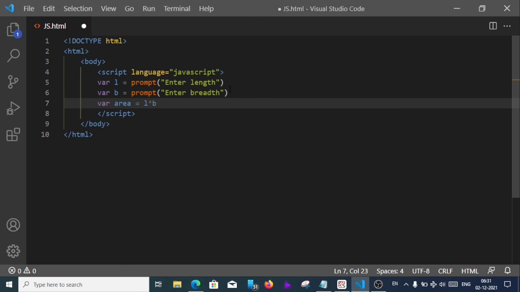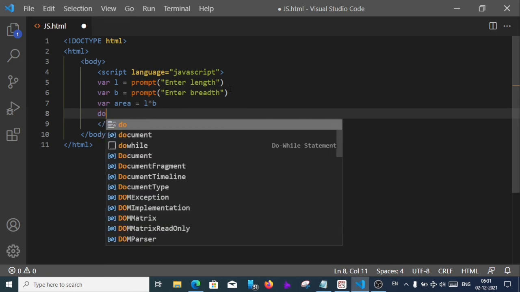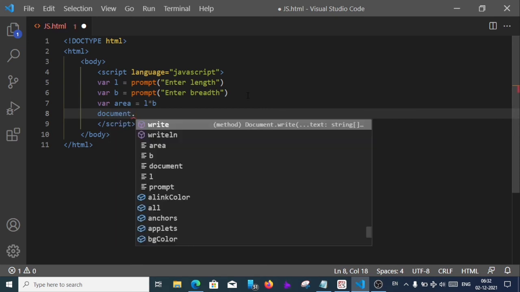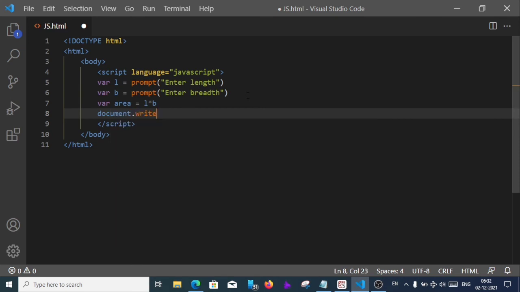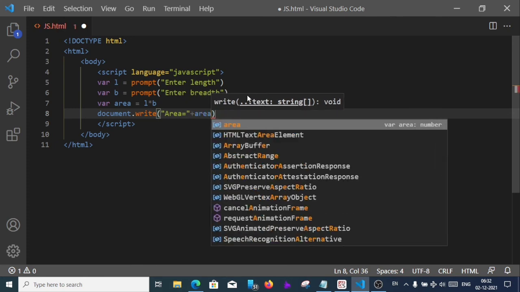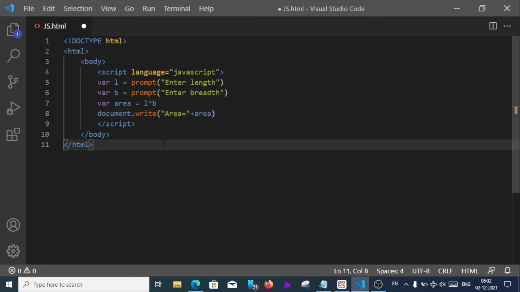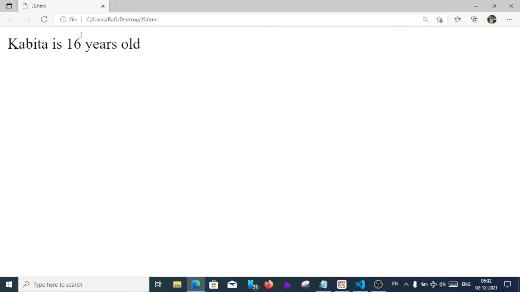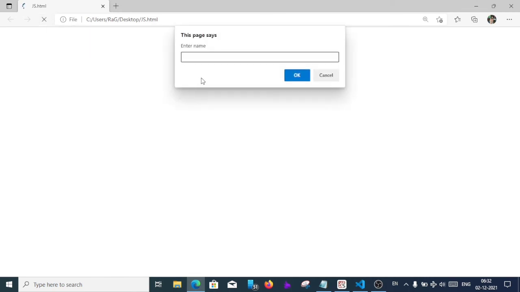equal to L into, which is the star symbol, B. Now we are going to display the result. So document.write, inside the brackets we will write "area = " plus area. So our program is complete. Now save the program. After saving, we'll reload the file in the browser.